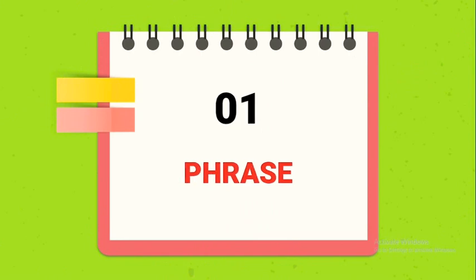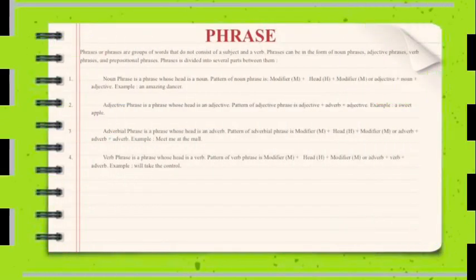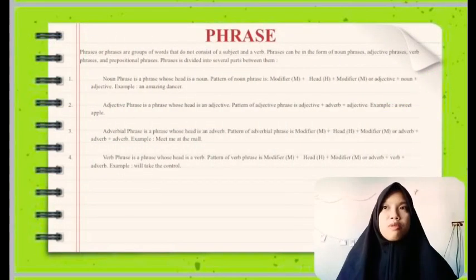1. Phrases. Phrases are groups of words that don't consist of a subject and a verb. Phrases can be in the form of noun phrases, adjective phrases, verb phrases, and prepositional phrases. Jadi, phrase atau frasa merupakan kelompok kata yang tidak terdiri dari subjek dan kata kerja. Phrases are divided into several parts, among them: